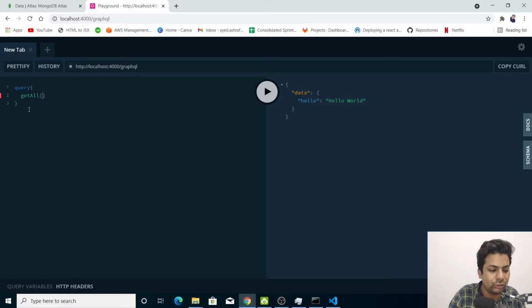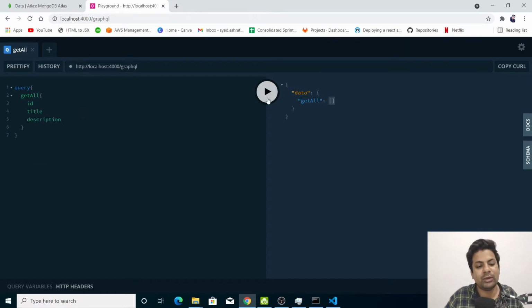So I want to tell which fields I need, so I'll say I need ID and title. If I hit it, I'm getting an empty result because the database is empty, as I haven't pushed anything there. I can write description also, and that will give me empty too because it's totally empty.